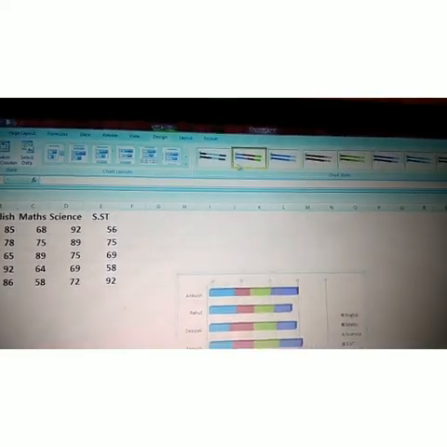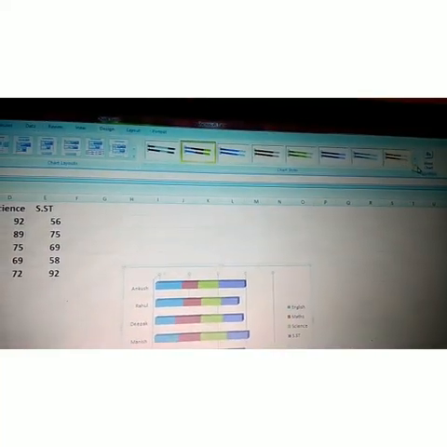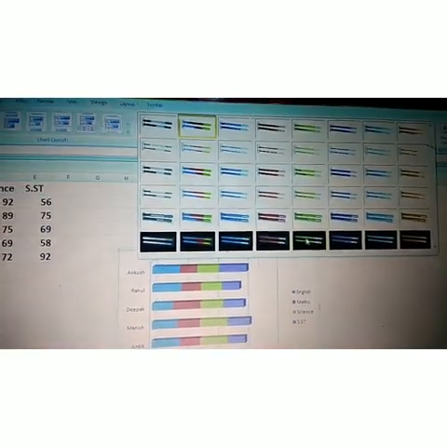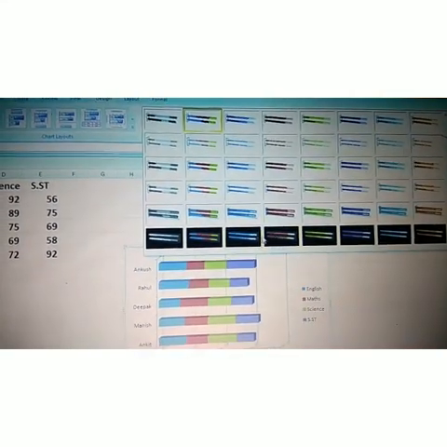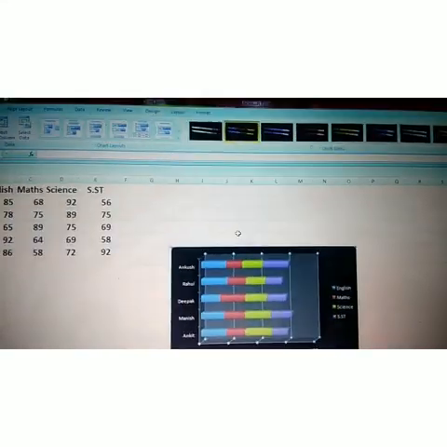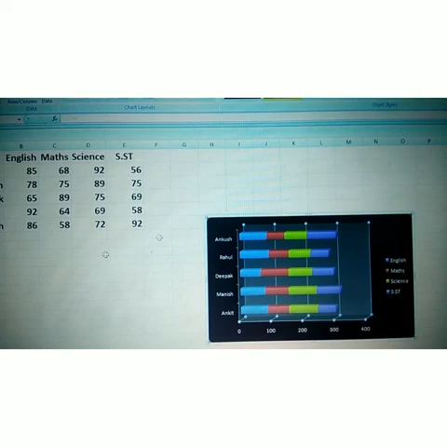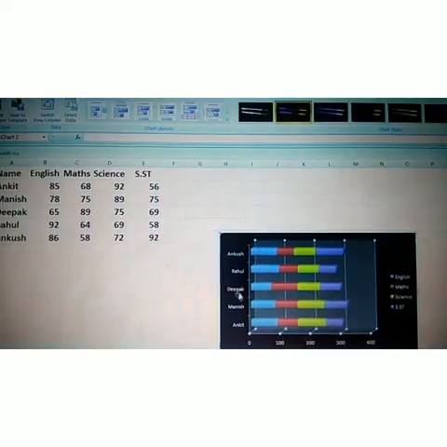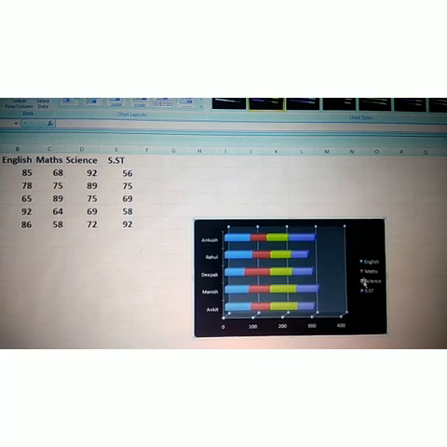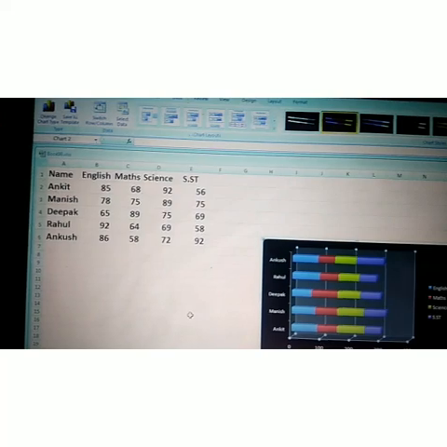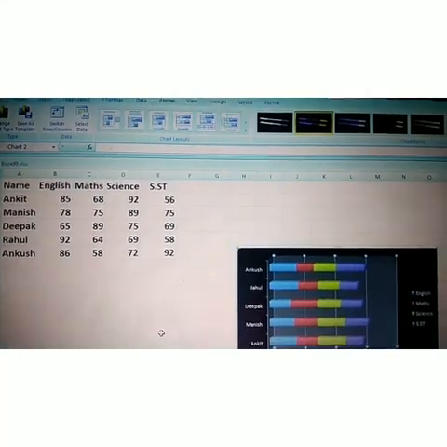So see student, this is the chart tools option. We can see properly, this is the chart tools option and we can choose this design related to the Excel sheet. Just click anyone, see. In the Excel chart, it shows these names, Ayush, Rahul, Deepak, Manish, Ankit, and other than that it shows the subjects in a bar chart according to our table.